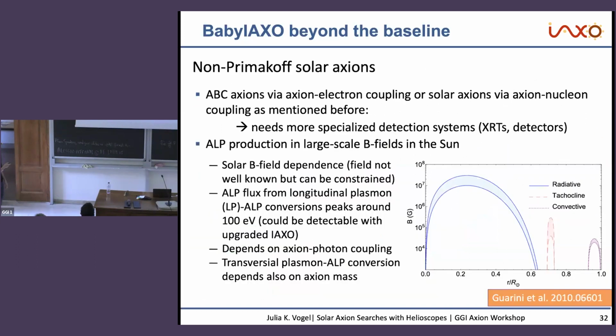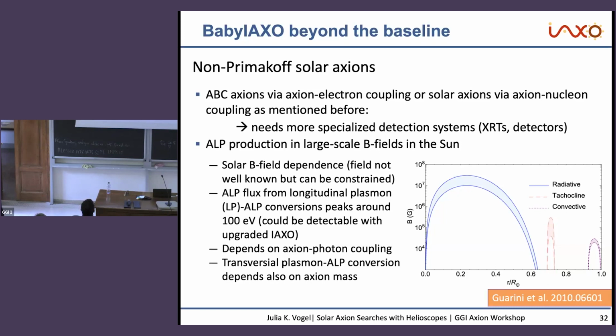So I've already mentioned before the axion-electron and axion-nucleon coupling. We could look for axions via these couplings from the sun. We need specialized detection systems for that. So in terms of both X-ray optics and detectors, I mentioned before the low energy threshold, as well as the higher energy resolution for the X-ray optics, making sure that we can see these lower energies, as well as potentially for axion-nucleon, that will be the 14.4 keV line. Normally, we do not have a good response there, but that is some extra setup that we're considering implementing at a later stage.